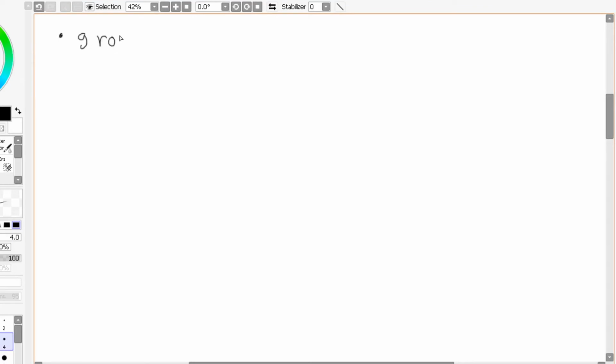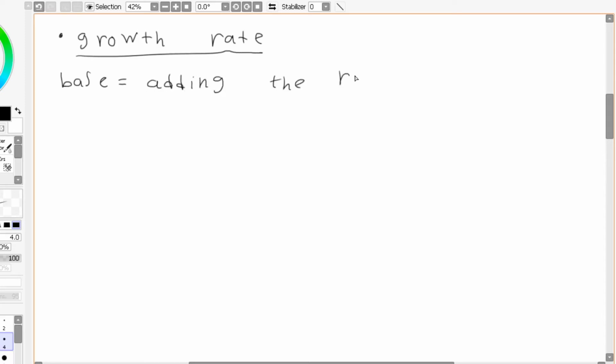So when we're doing growth rate, the base is equal to adding the rate, the growth rate, as a decimal. So if we are told a growth rate of 8%, it is going to be multiplying by 1.08 repeatedly. This is going to be equal to a growth rate